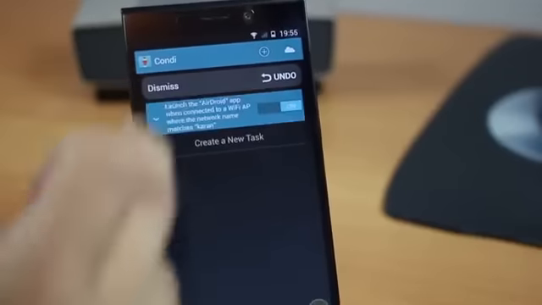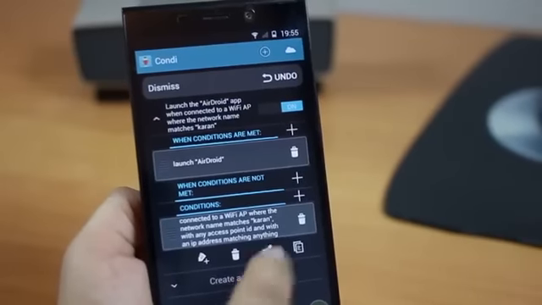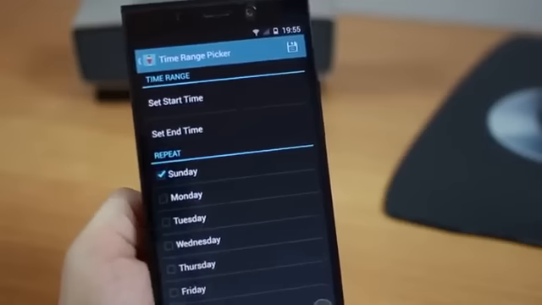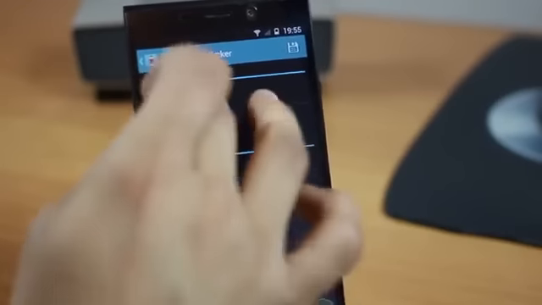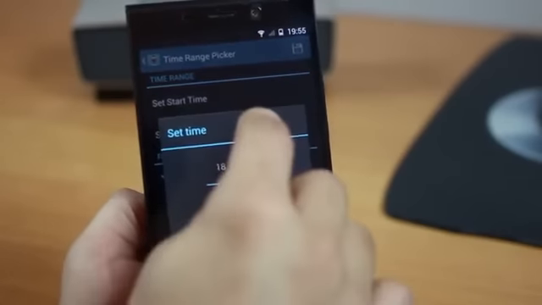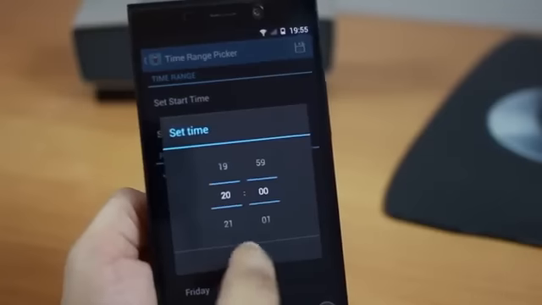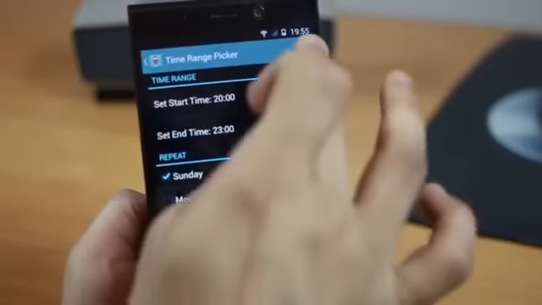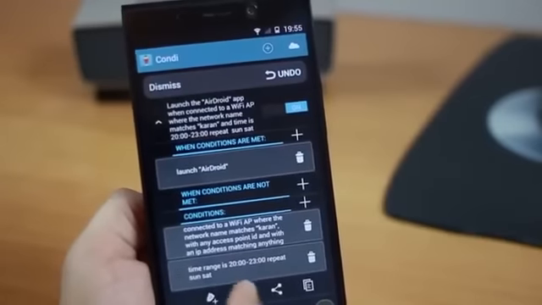So the first condition you've put was when it connects to Wi-Fi. You can add more conditions to it. So you want this to happen only on weekends between a certain time. So let's say between 8 p.m. to 11 p.m. or 8 a.m. to 11 p.m., whatever. So you can basically add more conditions or remove them basis what you want to do.